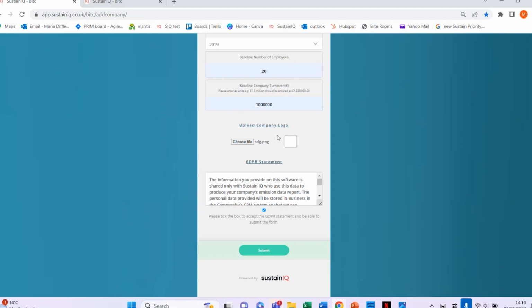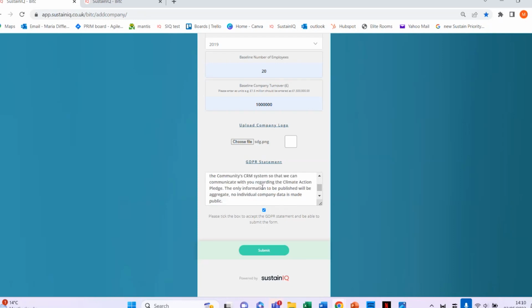And then also really important is this area where you can upload your company logo. This is important because you will be sent a number of communications and your logo will be your kind of stamp on the top of those. Just underneath then, there's the GDPR statement, which explains that your data has been stored and shared on the SustainIQ platform for analysis purposes. And again, you can put in SustainIQ if you've got your